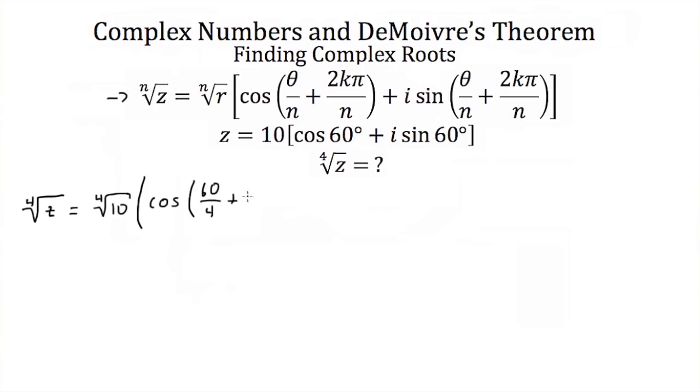So plus 360 times k, which for our first solution is 0, over n, which is 4,